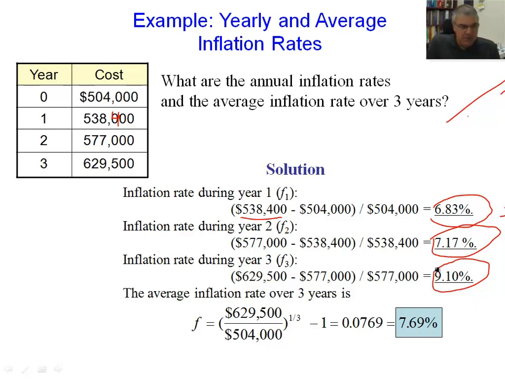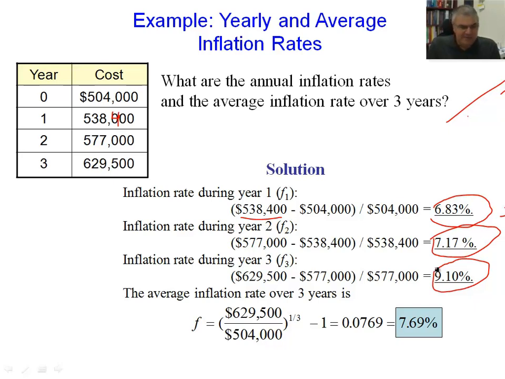Let's add those 3 numbers, 6.83 plus 7.17 plus 9.1, that is 23.1. Divide that simply by 3. It's going to be 7.7. Whereas the method that we use with the formula, the average inflation rate over 3 years,